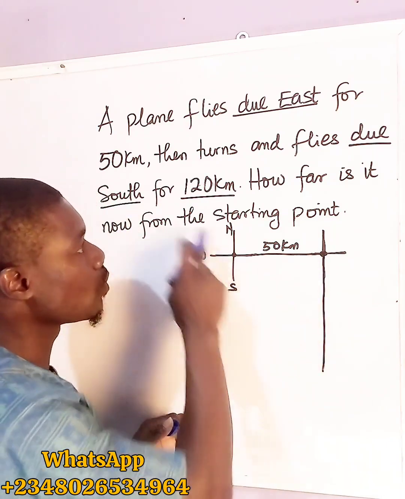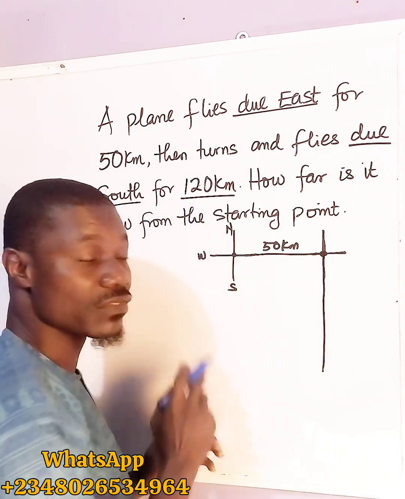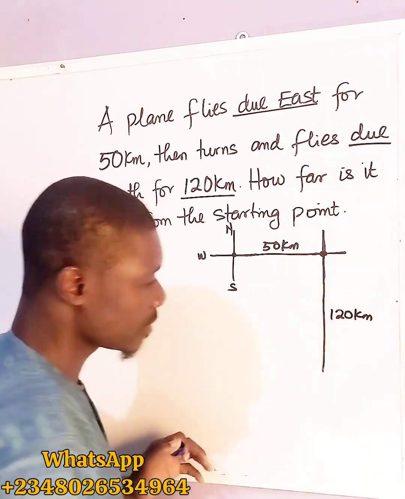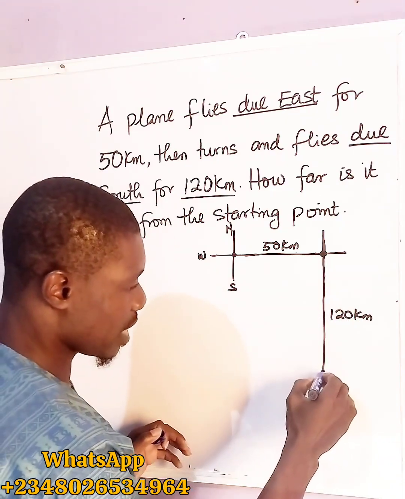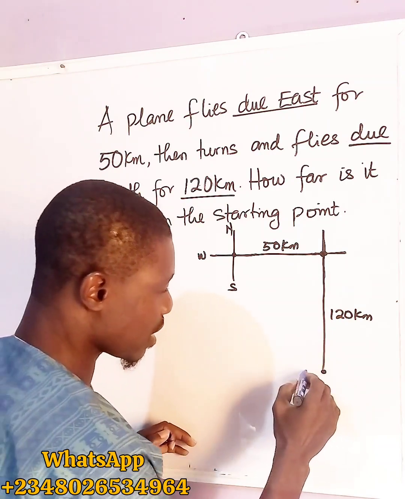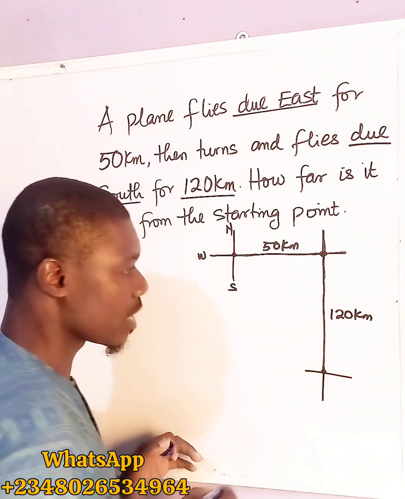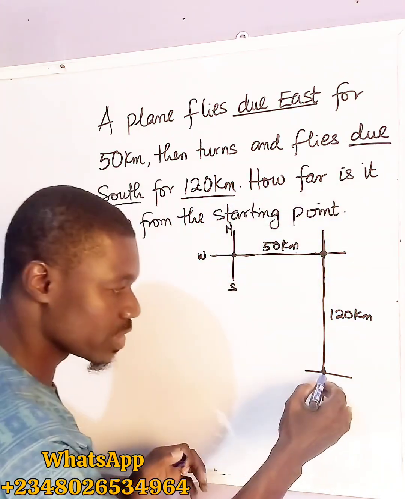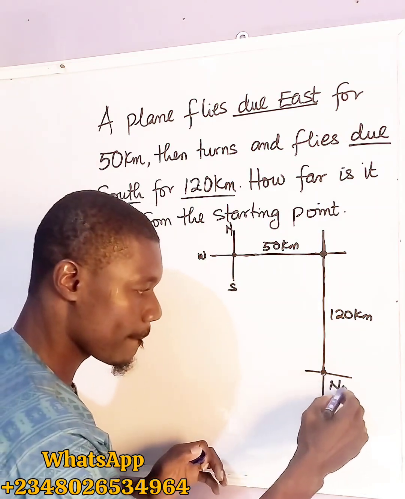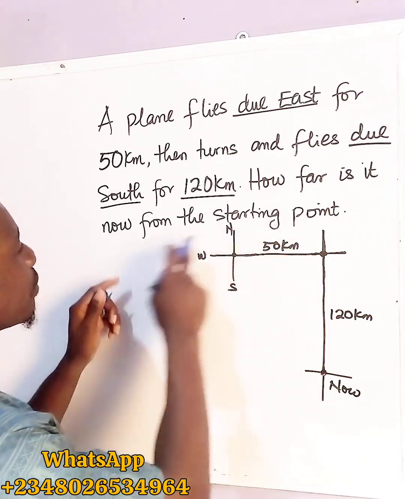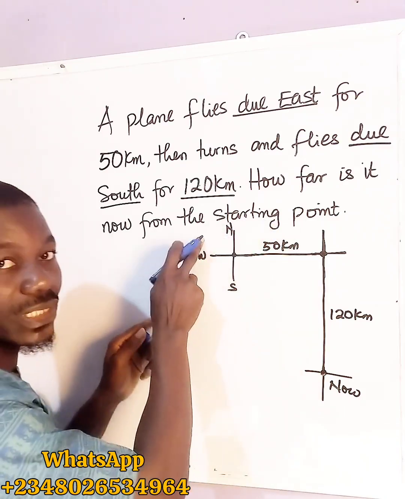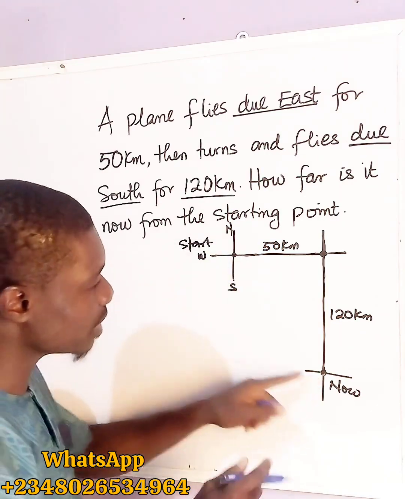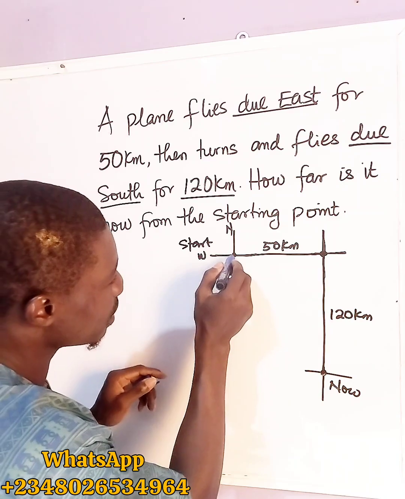Now take note that 120 will be longer than 50. So here we have 120. Now let's assume that here is the point and here's another cardinal point. Now how far is it now from its starting point? Because this is where it is now. Take note, this is the starting point, start. So how far is it? We have to draw our distance from here